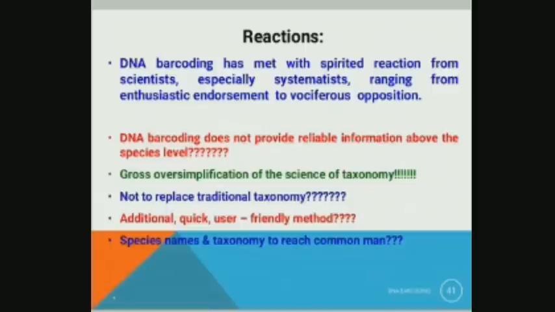It is also not an oversimplified format in the case of taxonomy. It is only a supportive mechanism. It is not a replacement for traditional taxonomy. Further, we can develop faster methods like a DNA chip using these genes that we are developing, to check a group of species at a particular point in time, which would be much faster and more accurate.